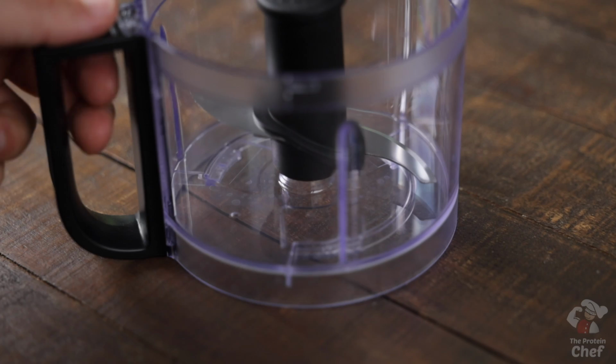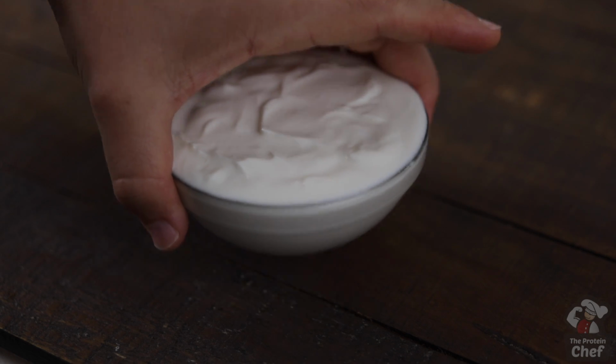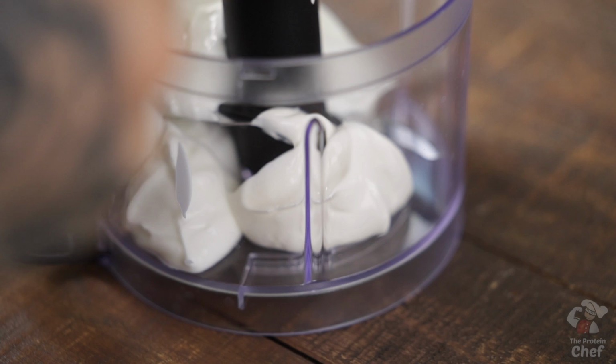Start this one with either a food processor or mixing bowl. A processor will give you a better result. Add right into whatever you're using 8 ounces of a high protein plain Greek yogurt, 2.5 ounces of sour cream,